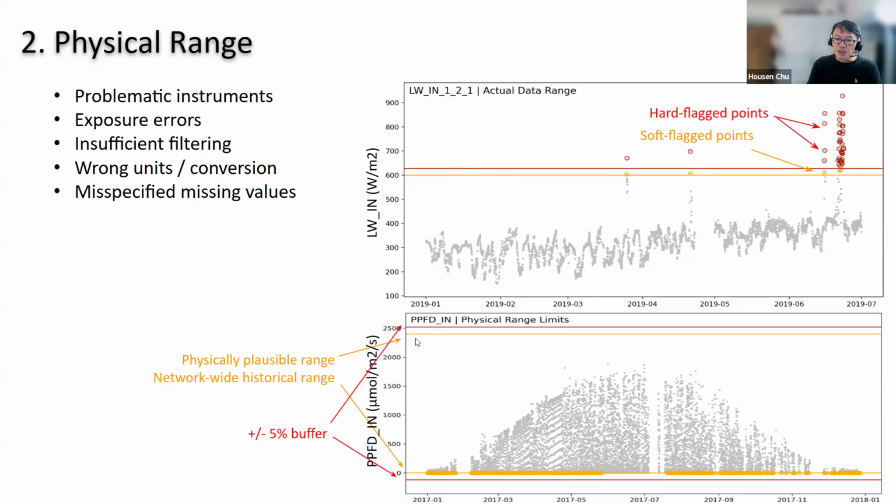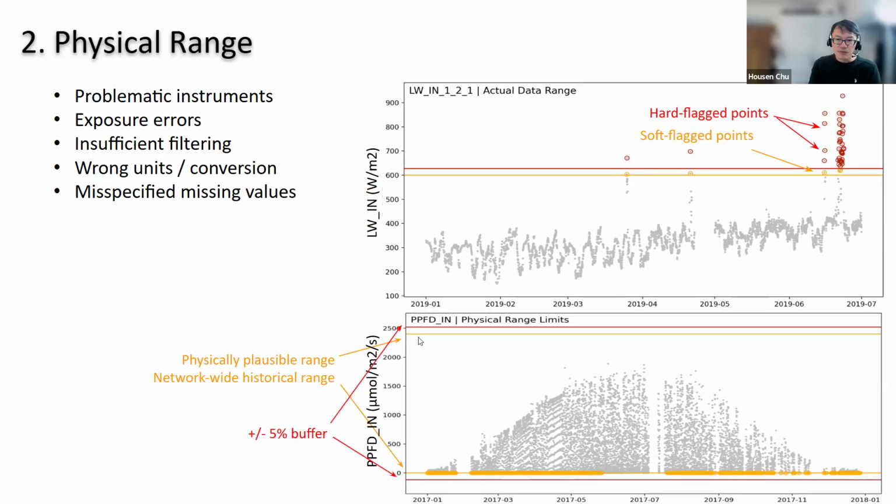We define the yellow and the red line. This is the physically possible limit for this variable. Some variables we can define that, and some we can't, so we rely on the community. We see a lot of data, so we build what the distribution of each variable looks like across the network, right? What is the longwave incoming, longwave outgoing? We define the upper bound and lower bound, and we use that as a way to say this is